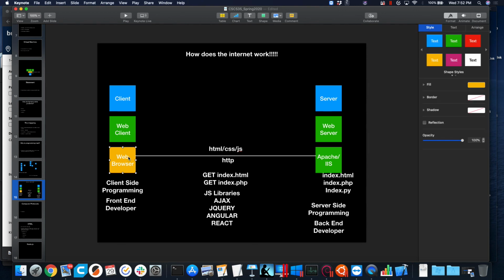When the browser says, I want this page, give me that page. The server then has the job of serving that page. Now, the only thing a web browser can accept as a return is HTML, CSS, and JavaScript. Our evidence here that HTML is not a programming language is the fact that JavaScript is part of what it accepts.